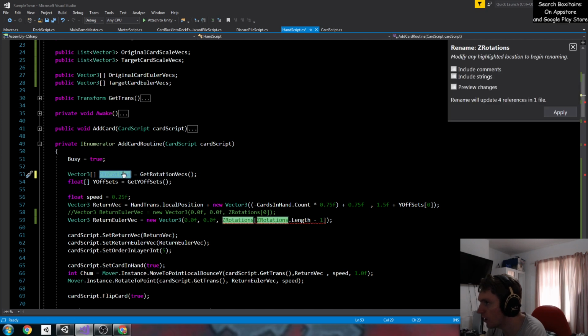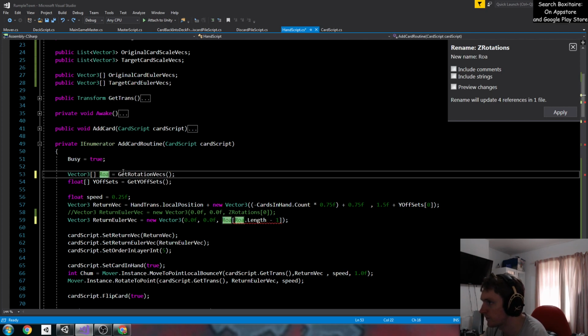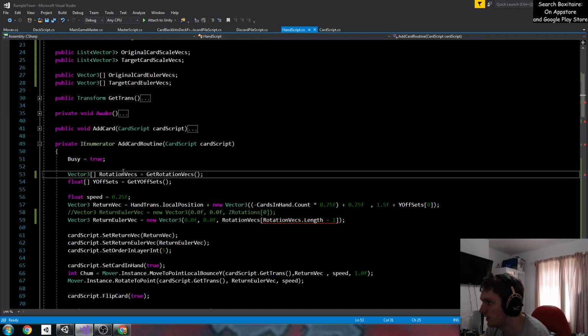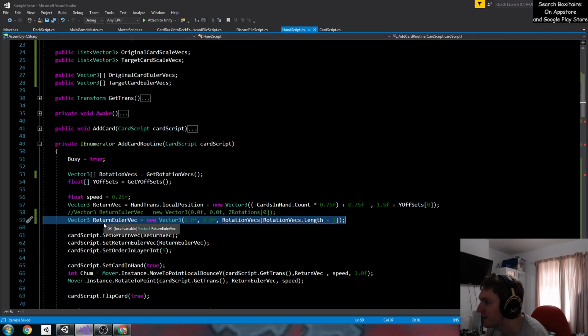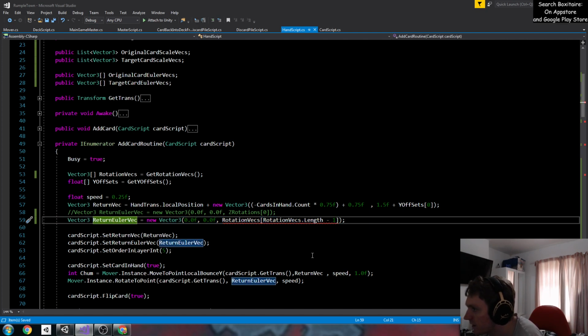Oh yeah, I can press Control R R to rename. So Z rotation, we just call this rotation vex. Okay. Like I say, I'm just going to go through it one by one. Oh, we've created even more. Right. Return vec. Return Euler vec equals